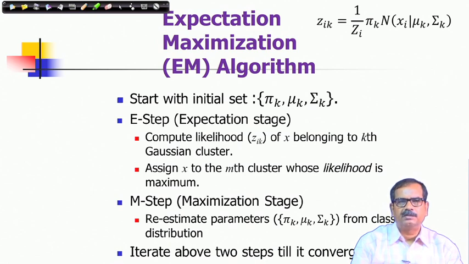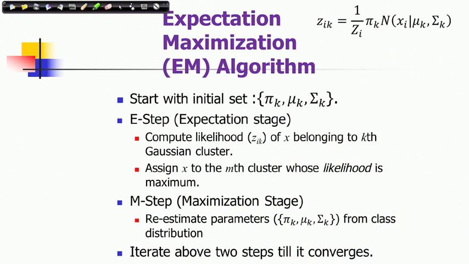So, what we can do is start with an initial set of these parameters. Any arbitrary parameters you can choose, and in the expectation stage, we recompute the probabilities or likelihood of x, of the data, belonging to a particular kth Gaussian cluster. So, for each cluster center we compute its likelihood, which means I have to compute simply the probability given that distribution, and which has to be multiplied by